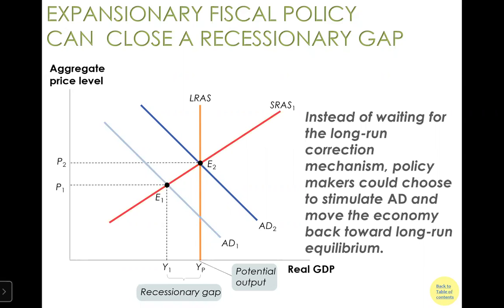So now we are going to move from E1 to E2. And then you can see we restore our potential GDP. You may want to remind yourself, if we leave the economy alone, or we don't allow the government to intervene, what would happen? Yes, the economy eventually is going to adjust back to potential, but the process is quite different. And throughout this adjustment process, we are going to pay a huge cost to our society, right?